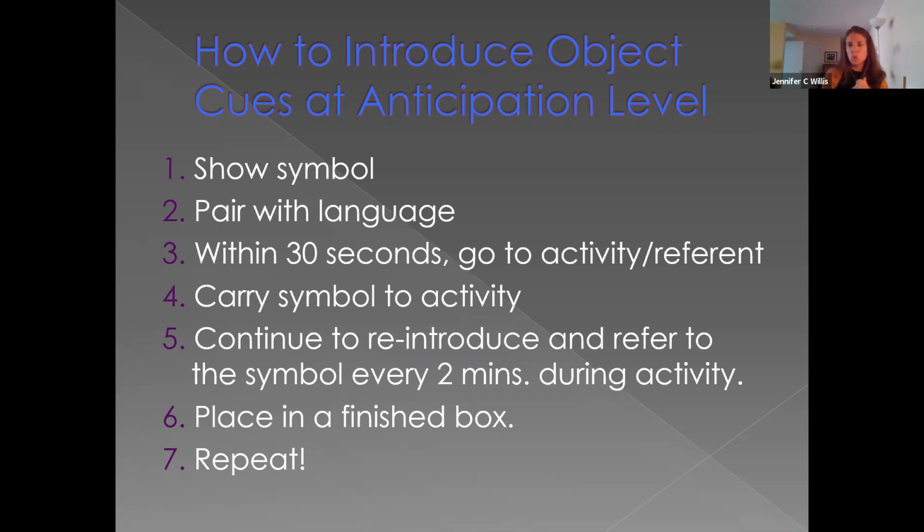So if we're in school, for example, and you give the child their spoon and it's like, oh, but wait, I need to pack their stuff for recess afterwards, or, oh, I got to collect some materials, or something happens, that moment of connection is going to be lost. So as soon as we give them the symbol and let them know where they're going, we need to go to that activity so that they can make that connection with, we're headed to that thing that this symbol refers